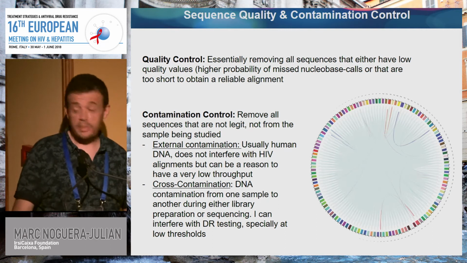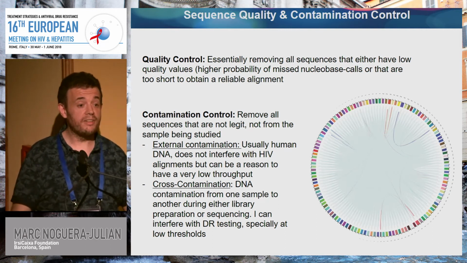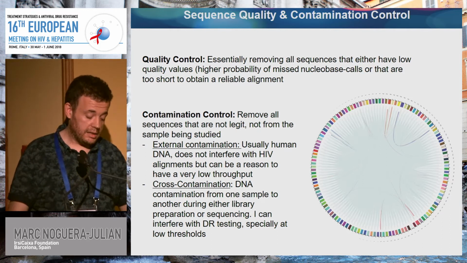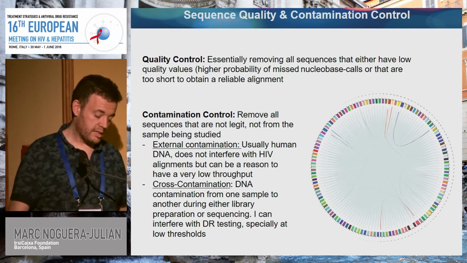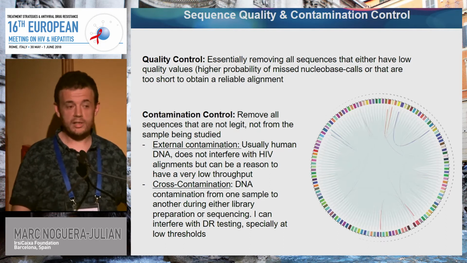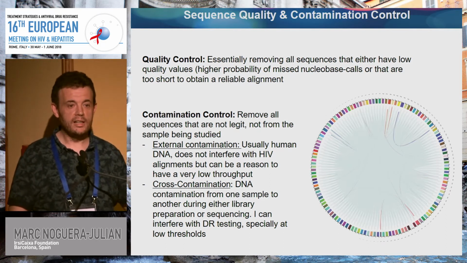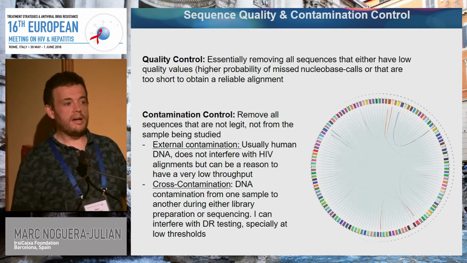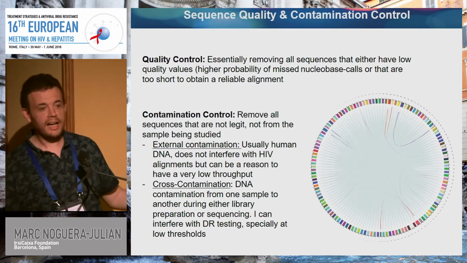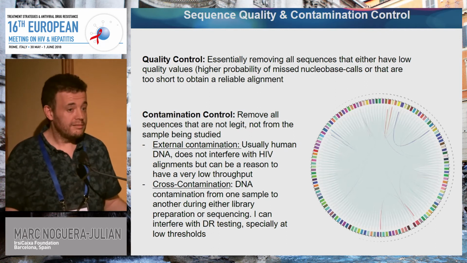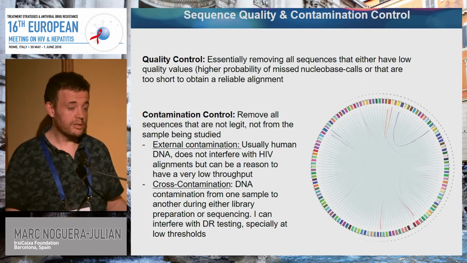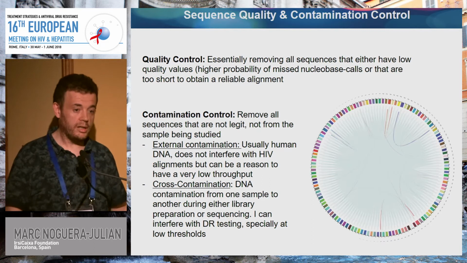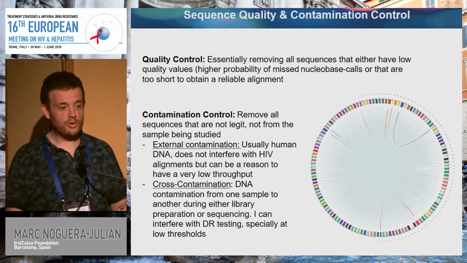And the contamination control is another issue that may be affecting your data. There are two types. One is external contamination. Mostly, in my experience, it's human DNA contaminating the samples. You can have 400,000 sequences and 390,000 are human DNA sequences. Then you have a problem, because you are throwing away your money and you cannot really use your data for